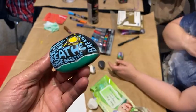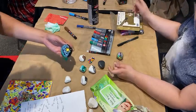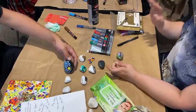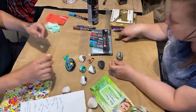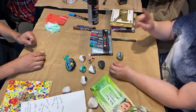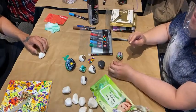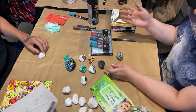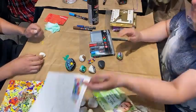There we go. Well, that looks fun. When you work with paint markers on more than one rock, you would see that picture. So you need to get into a habit of putting things back right away because it would be a mess. Especially when you've got different paint markers which are old and new ones and you don't want them to get mixed up, because old ones do not do the job you want for thinner lines. And yeah, so again,